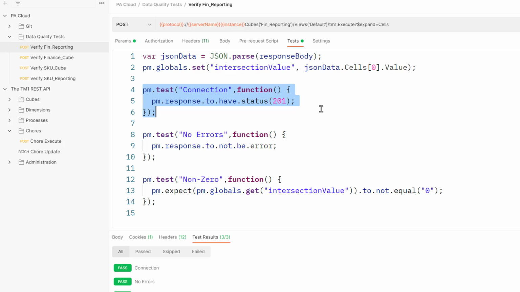So Postman has this neat idea of actually defining a test and then putting a function against it. So these are just some examples I put together here. If I say pm.test connection, I'm going to pass in a function. The function is going to say pm.response.to.have.status 201. Postman is smart enough to parse all these different pieces. So this is going to check that the response had a status of 201, which tells me that it connected and ran